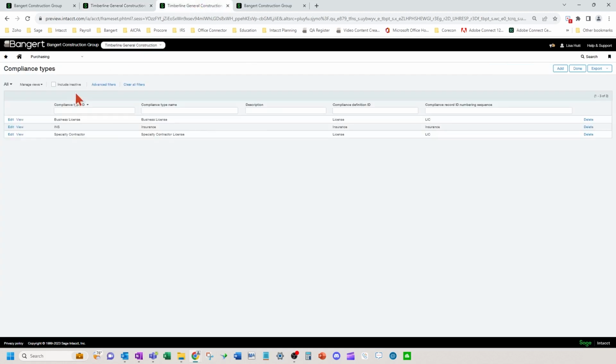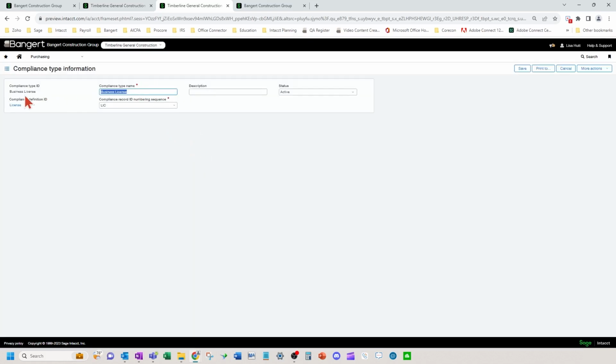So I can actually make my business license and my specialty contractor license use the same compliance definition. I created a new business license compliance type, and I can pick the fact that this is the license compliance definition, okay, that I just showed. So on my specialty one, I also have this picked as license, which I'll show in a second.